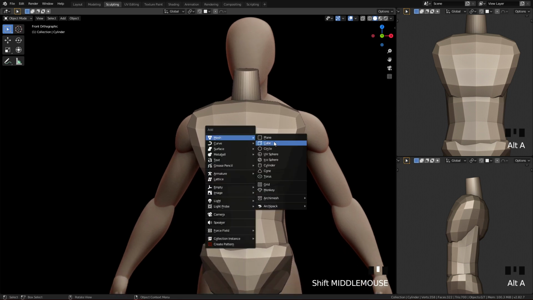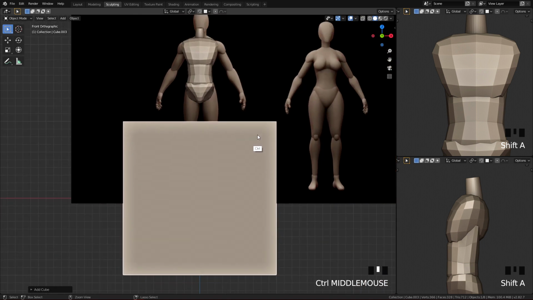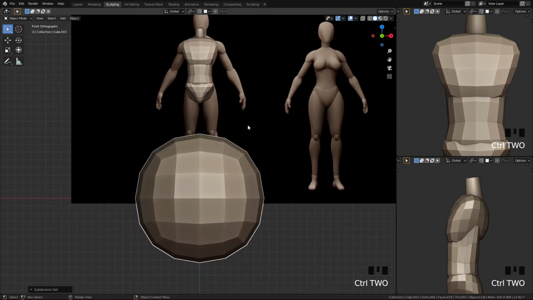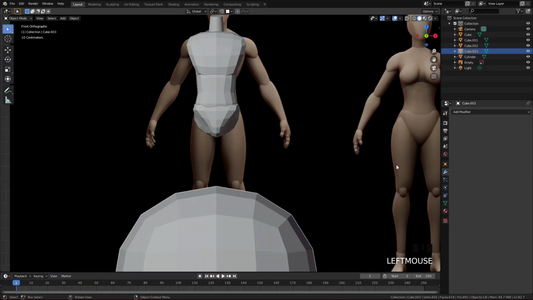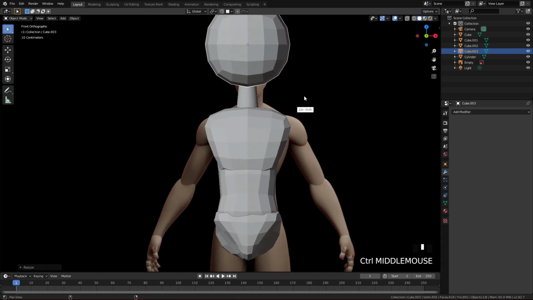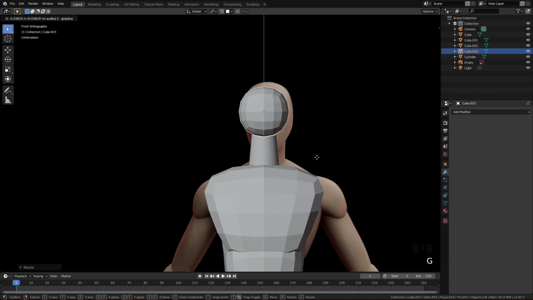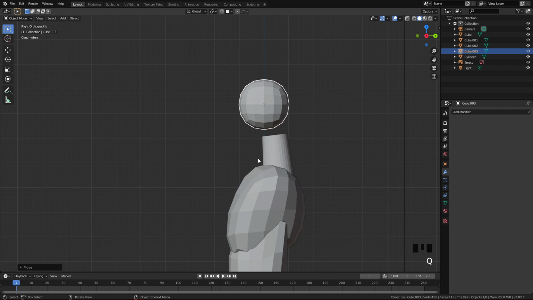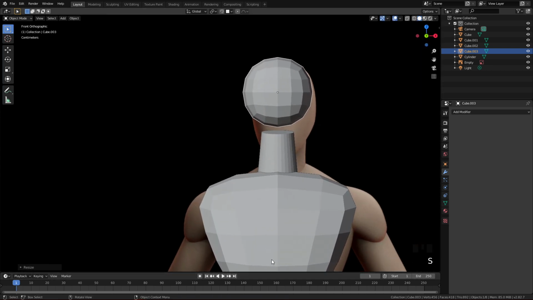Let's add the cube again. Let's subdivide it two times for now, and it will be our head. So let's apply the modifier. Let's move it where the head should be. Let's scale it down and move it so it will be above our neck. Don't let it touch the neck because we will use the sculpt to drag it down. So let's apply the scale by Ctrl A,